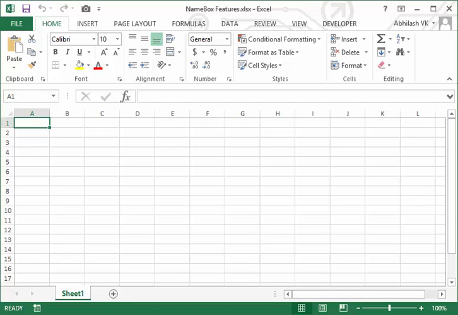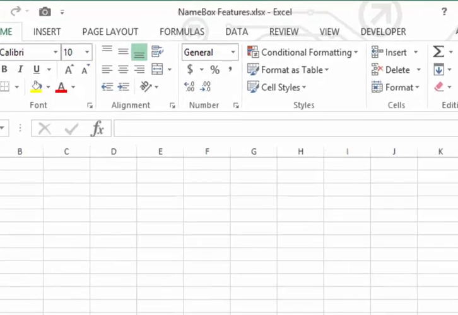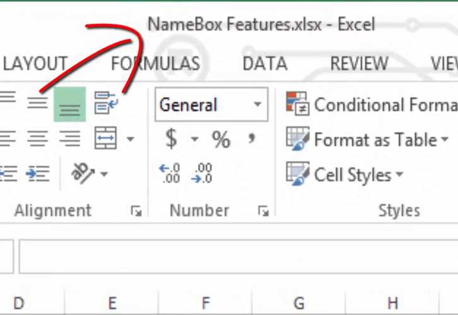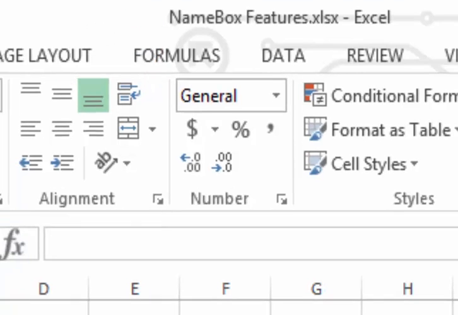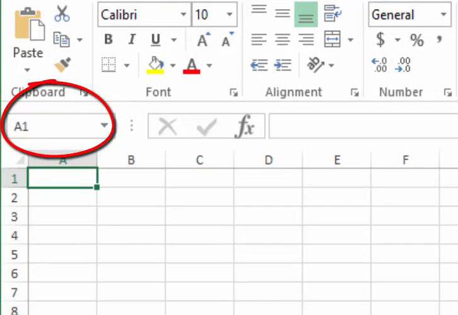Hi there. In this video, we are going to learn how to use name box features. The name box is actually a simple feature placed at the top left corner of the Excel sheet, but it has its own role in Excel.